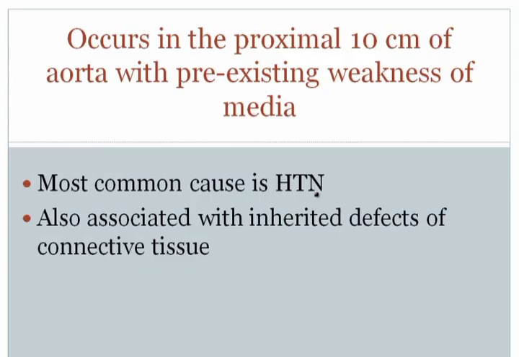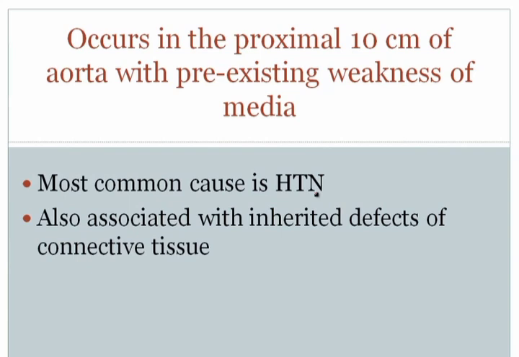Now it's important to note that you don't get a dissection unless you have two things. So an aortic dissection requires two things, and this is really the summary of the entire disease. First of all, you need a ton of stress. You're not going to be able to normally rip through the media of the wall unless you have a lot of stress present within that bloodstream.